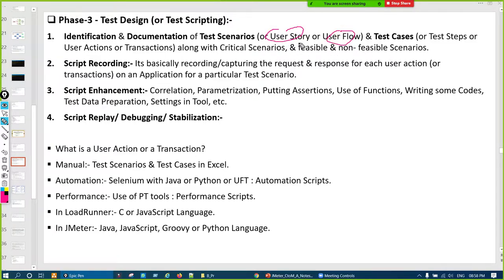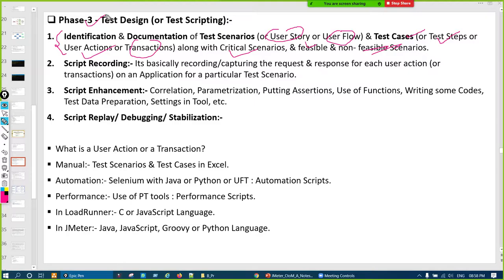So test scenario and then test cases, or we call them test steps or user actions or transactions, that is done along with critical scenarios and feasible and non-feasible scenarios. That is the first step of phase 3.